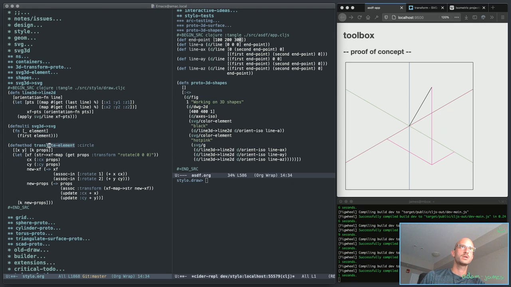Yeah, so let's recreate the idea of the line 3D here. Right, so what I can do is